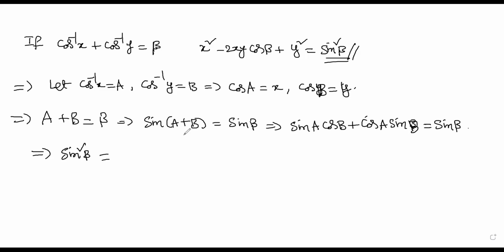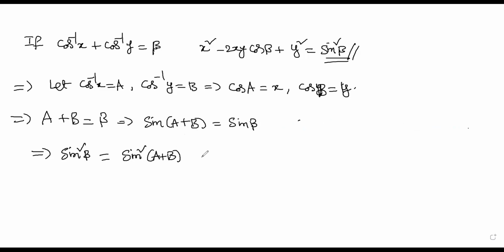Cos to be, it will work. I think this can be solved much simpler than this. I want to make it as simple as possible. We will get it to this: sine square beta is directly will square this, so that becomes sine square of a plus b. Sine square of a plus b can be written as 1 minus cos of 2a plus 2b divided by 2. I can do it like this.